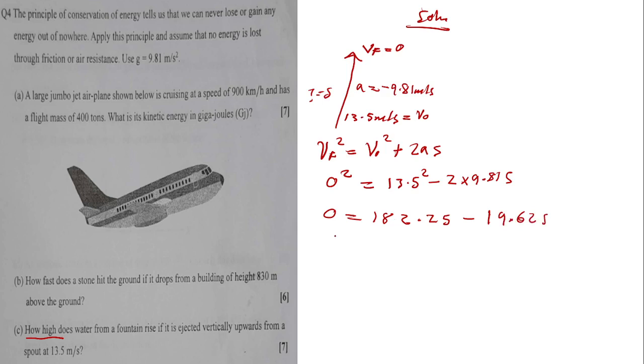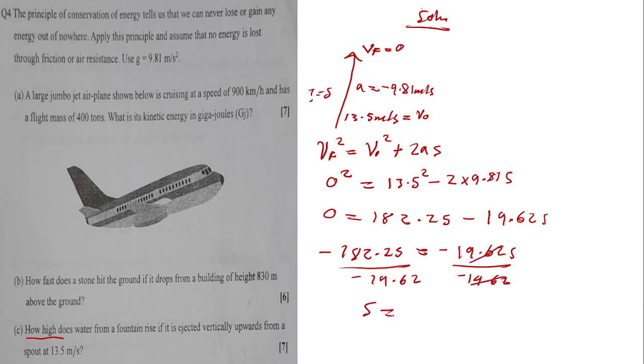So this can go to the other side and it will be negative, then you multiply throughout by negative. So 182.25, and this one will be negative 19.62 s over negative 19.62, so this guy and that guy will go, so s will be equal to